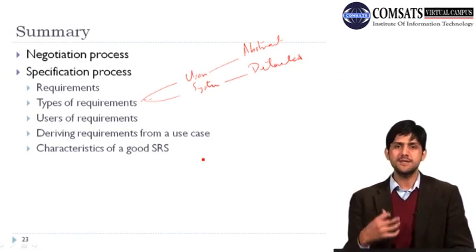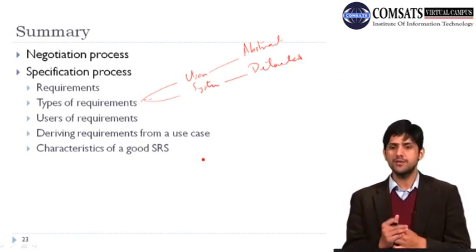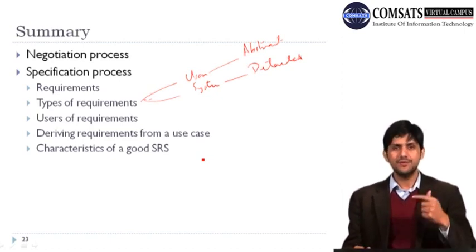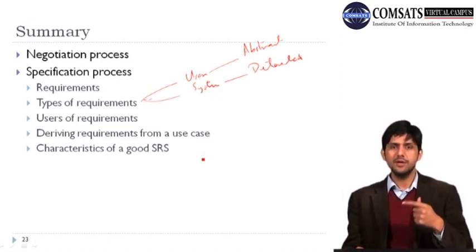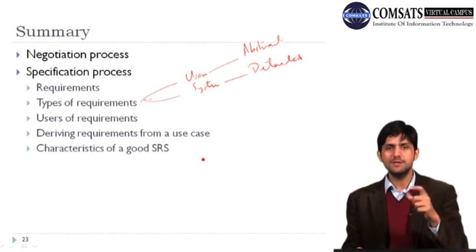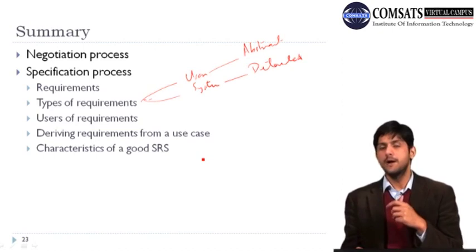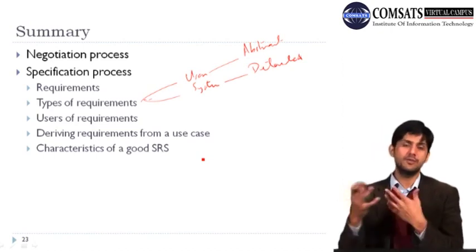And through our analysis, which we have done by making a use case, we have identified different normal flows of events and different alternate flows of events. So what we are doing now is that we are going to look at that particular use case, and we'll specify different requirements. So the first requirement can be that the application should be downloadable from an